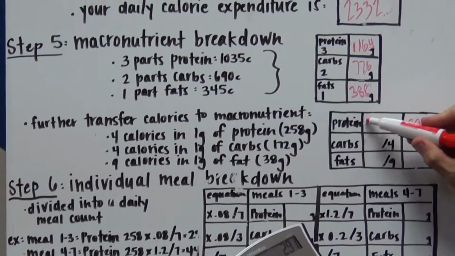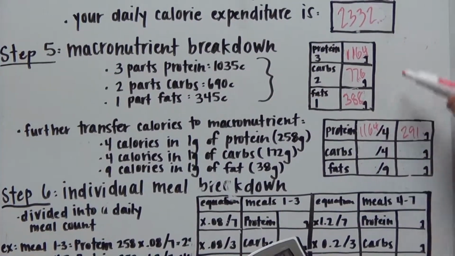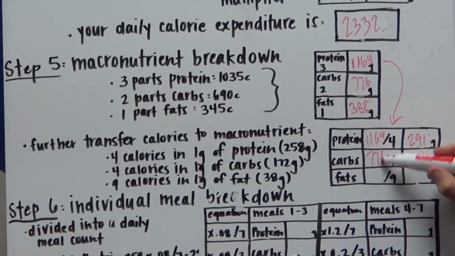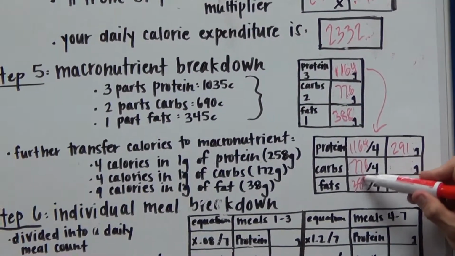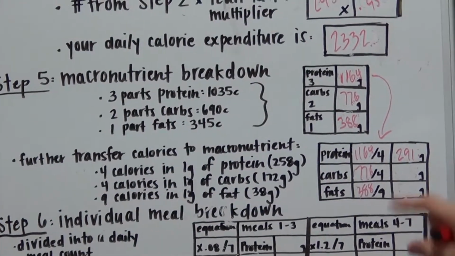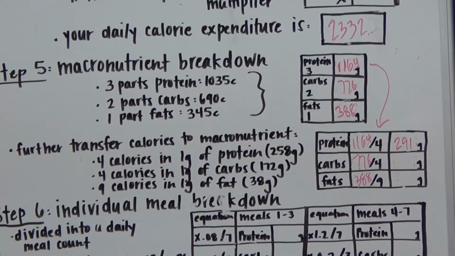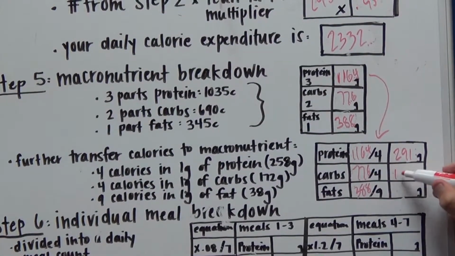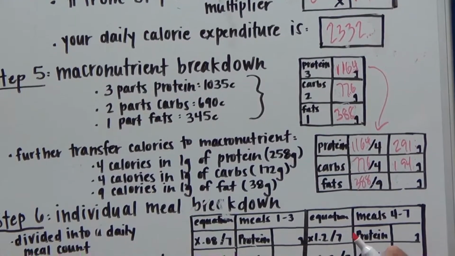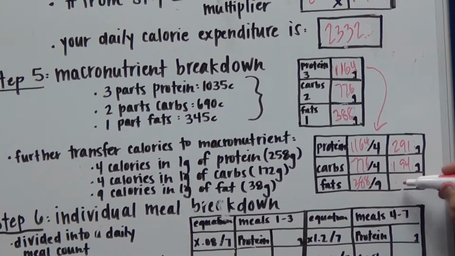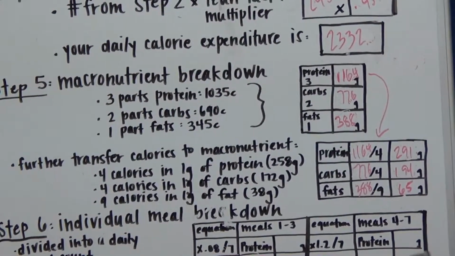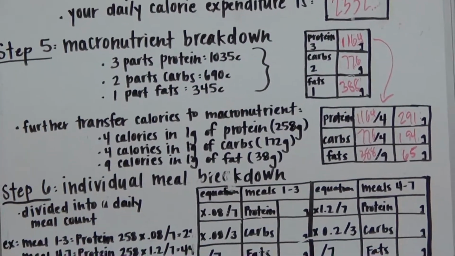Okay, so I'm taking this 1164, just taking these numbers and 776 and 388. So 776 divided by 4 in the carbs is 194. And then 388 divided by 9 is 64.6, so I'm going to say 65. Okay? Now, to finish this,